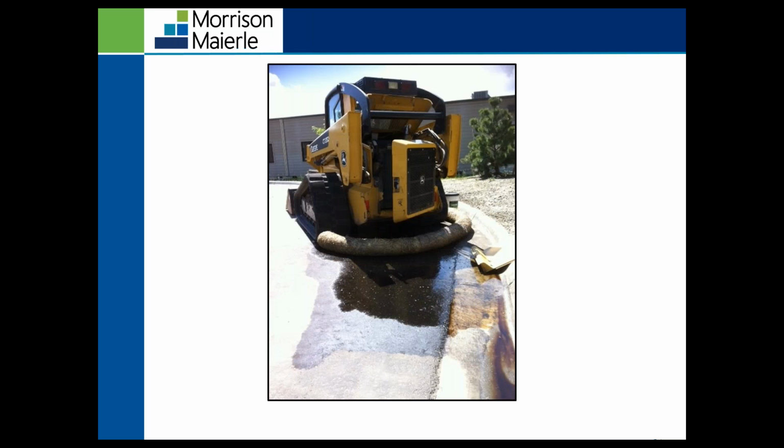Right here, this photo is oil from a skid steer. Whoever the contractor was on this, that fuel started to leak, and you can see it's being carried in the flow line of that curb, which is then most likely discharging from the site through the inlet. This is actually a prohibited discharge, you're not allowed to discharge this pollutant at all.